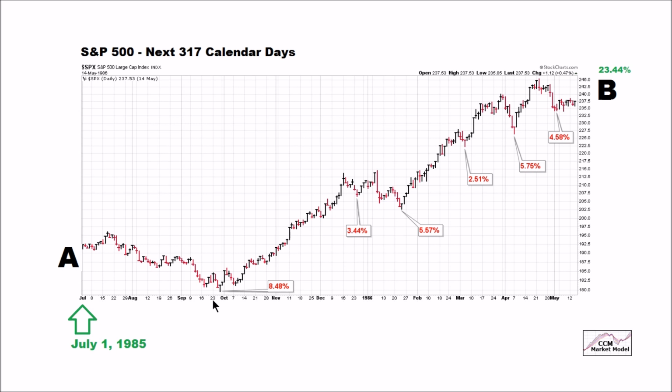Markets never make anything easy on anyone, and in this case, if you bought on July 1st, 1985, from this point here to this point here, the market experienced an 8.48% pullback over the 317 calendar day period from point A to point B. There were additional pullbacks of 3.4, 5.5, 2.5, 5.75, and 4.58. The moral of the story: to capture the 23% gain from point A to point B, you had to withstand